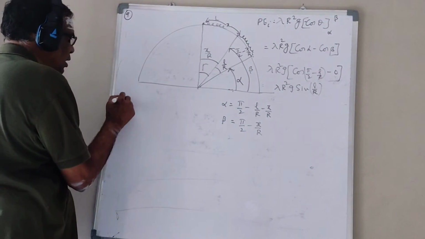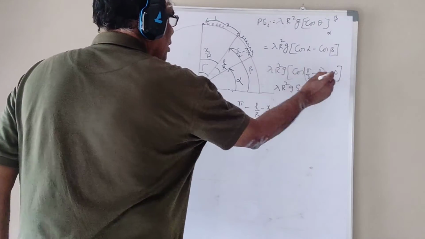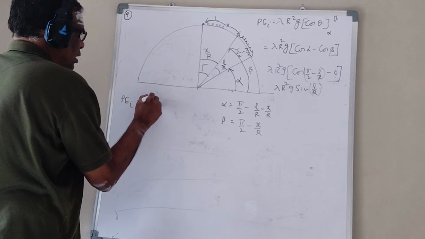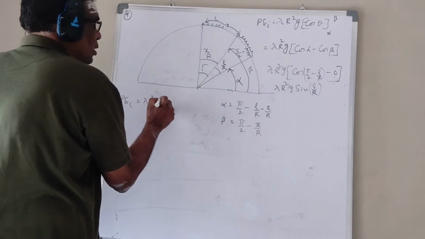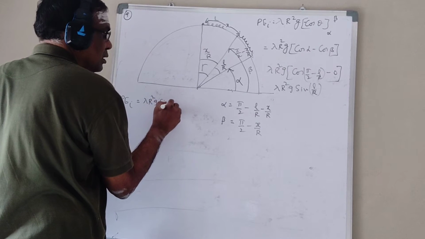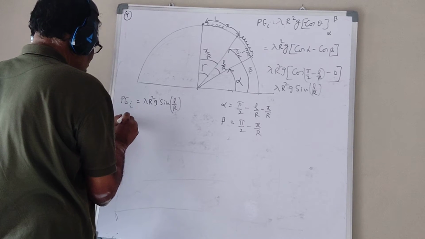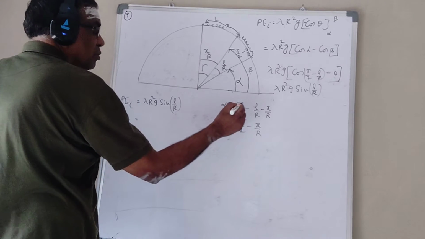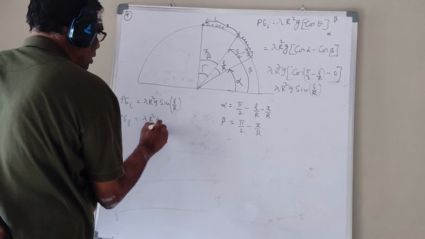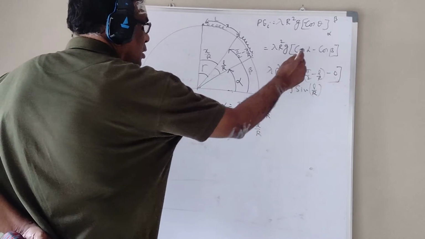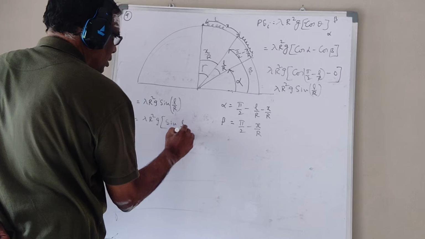What is initial potential energy? This one. Lambda r square g sine L by r initial. Final is also positive, remember. So lambda r square g cos of pi by 2. That is sine of